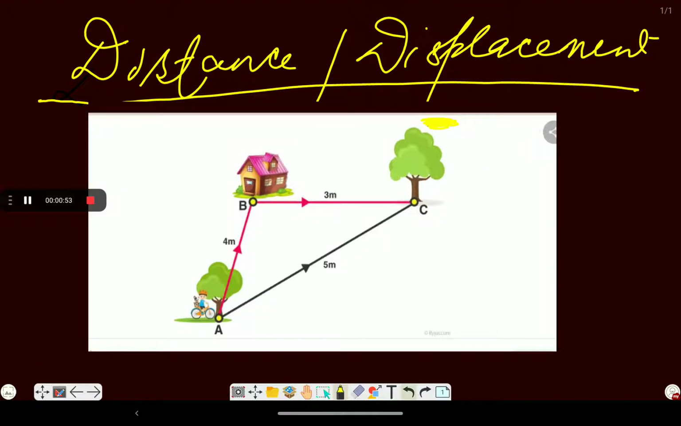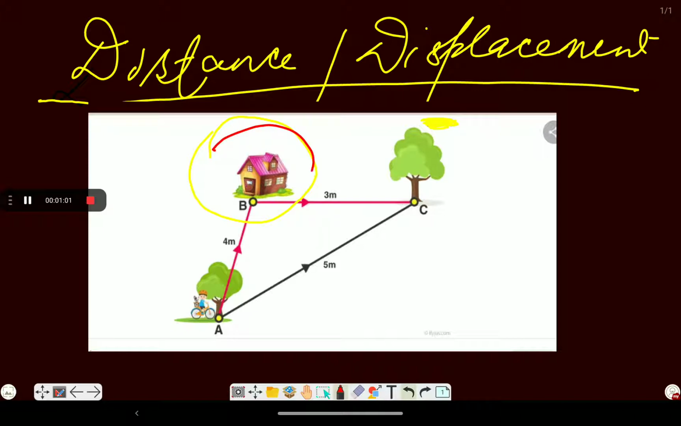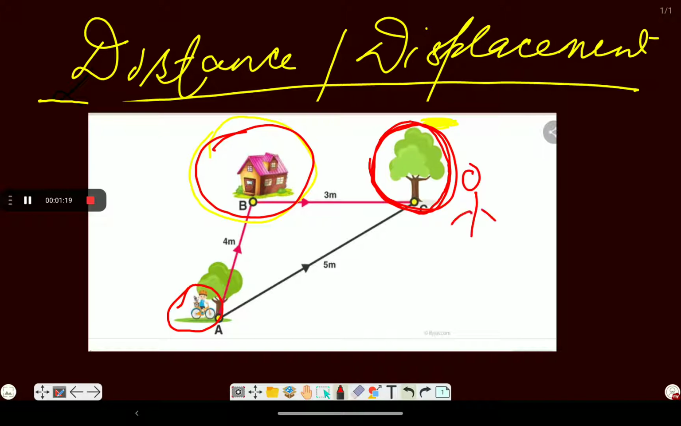Suppose this is your home, and you are presently standing here under a tree on the bicycle. Ultimately you want to go to this place. Suppose your friend is waiting for you at this place and you want to meet your friend. So you can see that